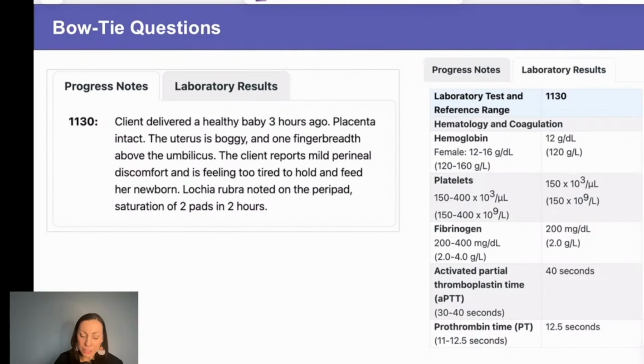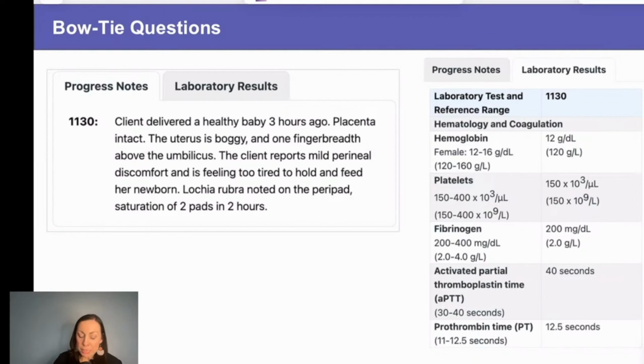All right, let's take a look at this together. For our data tabs, we have progress notes and we have lab results. As I read through this, I want you all to consider what's normal, what's abnormal, what's expected, or what are we concerned about. Client delivered a healthy baby